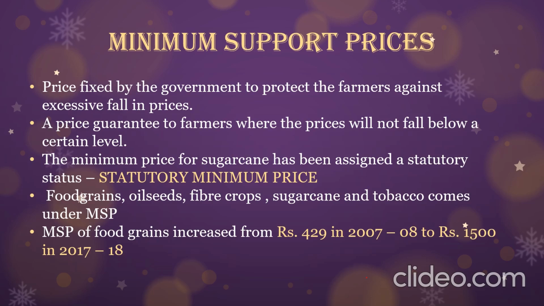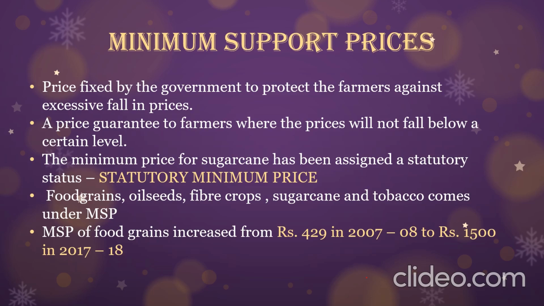This minimum support price has been assigned to several cereals, pulses, and cash crops, especially food grains, oil seeds, fiber crops, sugarcane, and tobacco. The minimum price for sugarcane has been assigned a statutory status, and hence it is termed the statutory minimum price. Here we could see the increase of MSP in food grains from rupees 429 per quintal in the year 2007-2008 to rupees 1500 per quintal in the year